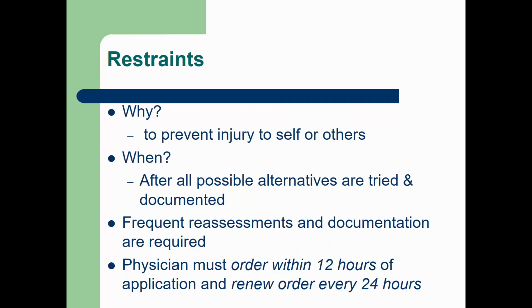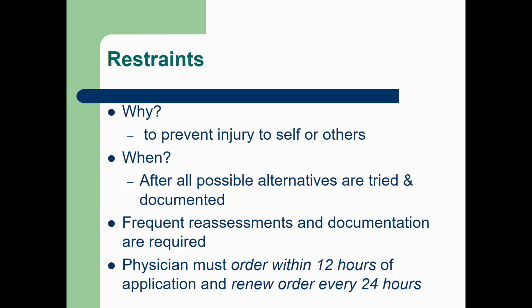Restraints are used to prevent injury to the patient or other people, but they can create a safety hazard, especially if they're applied incorrectly. For example, restraints can be a strangulation hazard. Think about a roll belt or a lap belt or a vest, or an entrapment hazard, such as siderails. They should only be used after every possible alternative has been tried and documented because of the risk of serious